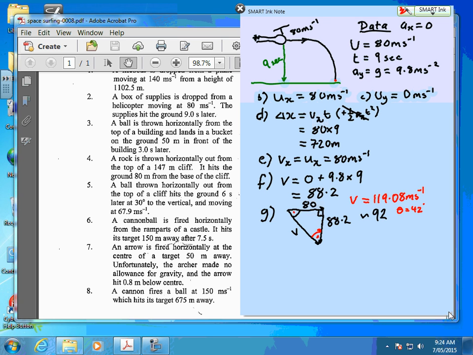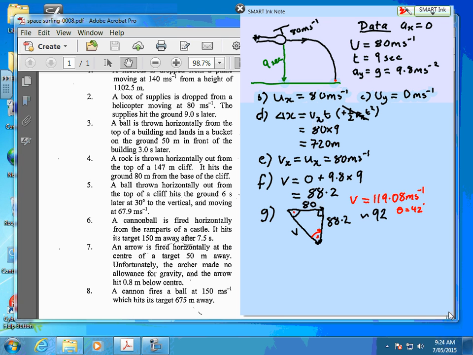Wait, but we use diffuse bearings? You can use that on this because it's an angle to the ground. Use the angle to the ground, guys. I'll say this once more for you. Don't get sucked into this thing where what a lot of students do is they get the v equals that number